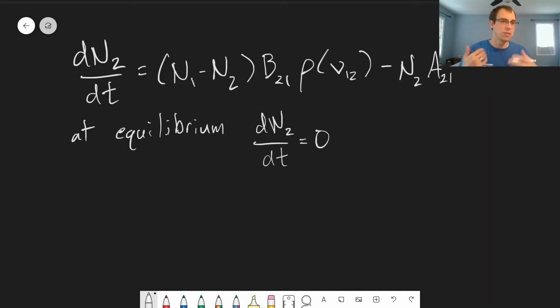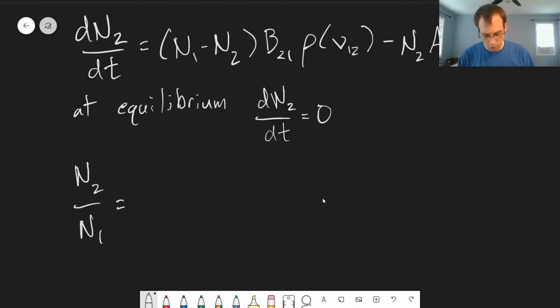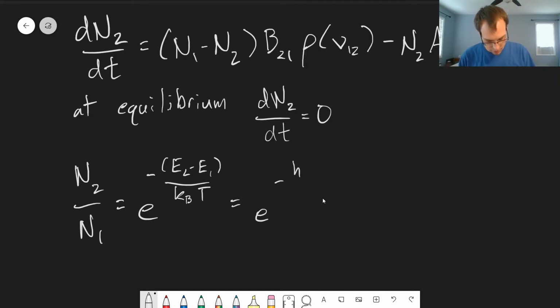in terms of N2 versus N1. One thing we know is that we can describe the number of molecules in different states by the Boltzmann distribution. According to that distribution, N2 over N1 is going to be equal to an exponential that's based on the difference in energy between the two states divided by the Boltzmann constant times temperature. And temperature here has to be in Kelvin. Or we can rewrite this, since this difference in energy is the same as the frequency of light times Planck's constant, over kBT. Okay, so the question is